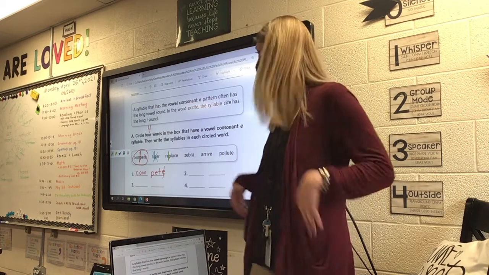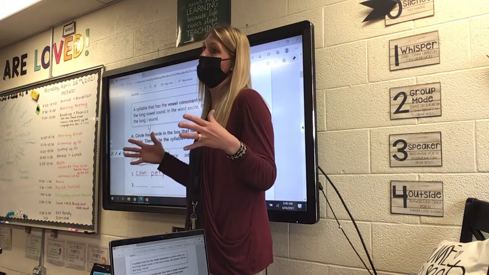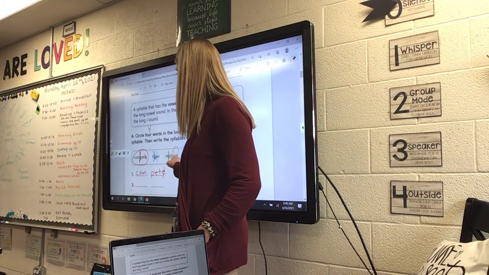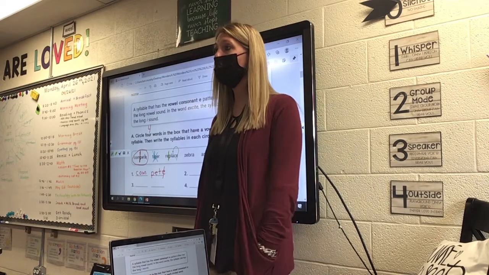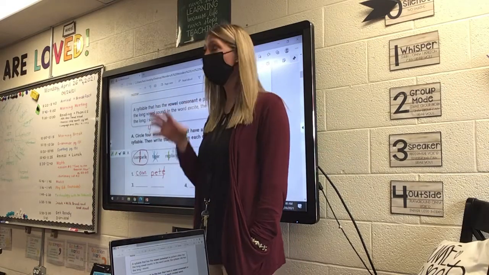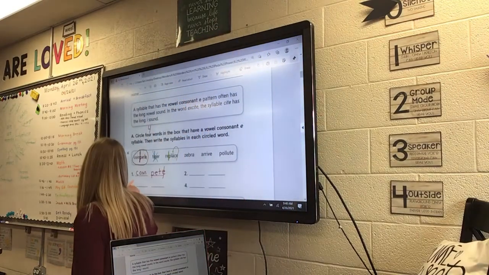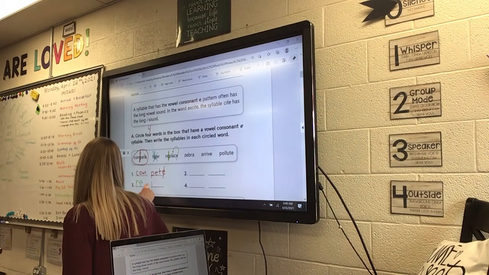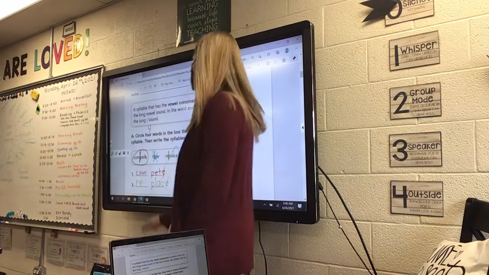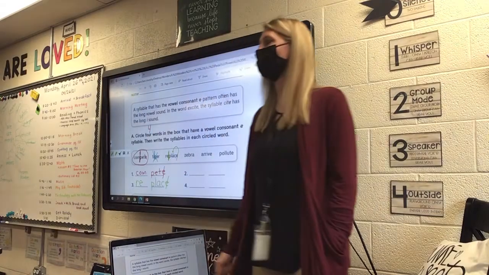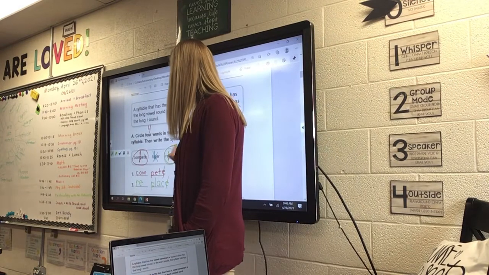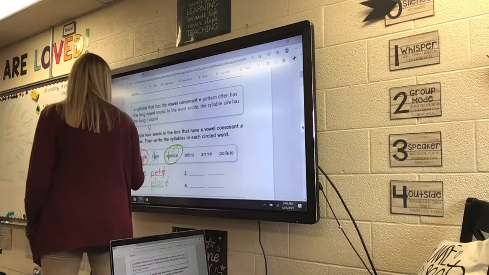Yes. Actually, this E is super bossy. I'm going to call him super bossy because not only does it jump over and make the A long, it tells the C what to say. And what does the C have to say? C. It has to say the S sound. So this E is super bossy. Here. Replace does follow the pattern, because it's a consonant, vowel, consonant, silent E. Do I have to circle it? Yep. Thank you, Brooklyn. You put it on the 3.